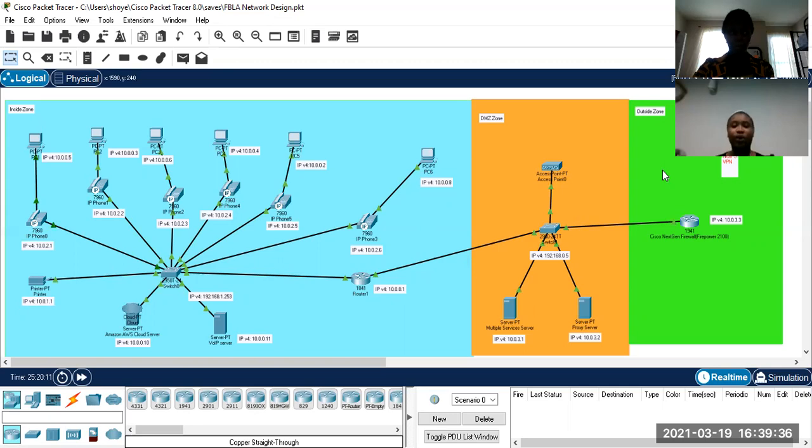For this network, we've decided to use differential backups on-site and off-site, and also the cloud backup system. The network services that we will be providing will be file transfer, which will be on port 20, secure shell, which will be on port 22, and the hypertext transfer protocol, which will be on port 443, which is secured,